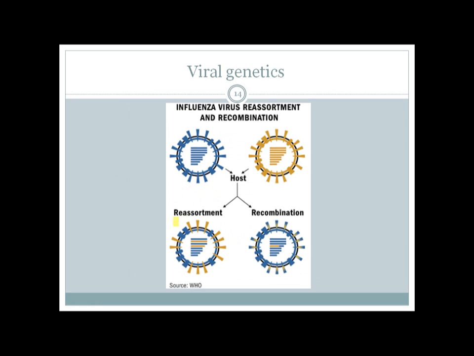And here you have something called a reassortment. Here you see the viral genome of one virus, and here you see the viral genome from another virus. This is the blue and this is the grayish one, and you can see those genomes are fragmented or segmented genomes, and the segmented genomes can transfer their segments between the viruses. If the segments are transferred from one virus to another virus, and now you have a mixture of segments, this will be called a reassortment. This is very important for influenza virus pandemics.